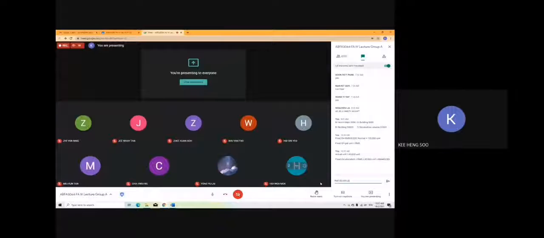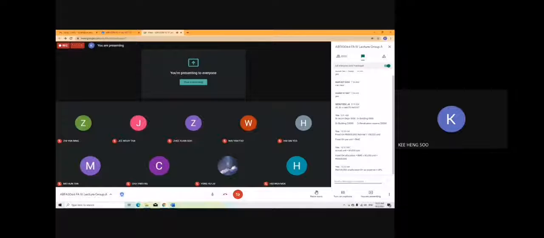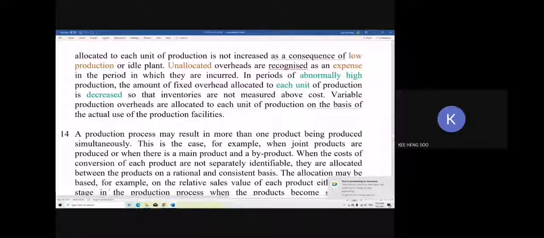Unallocated overhead will be recognized as an expense. Budgeting concept says,